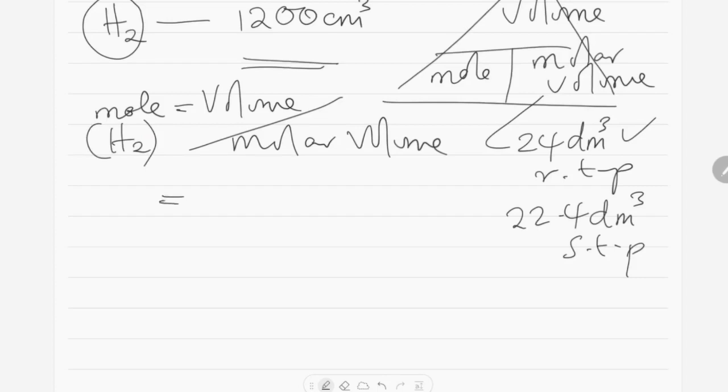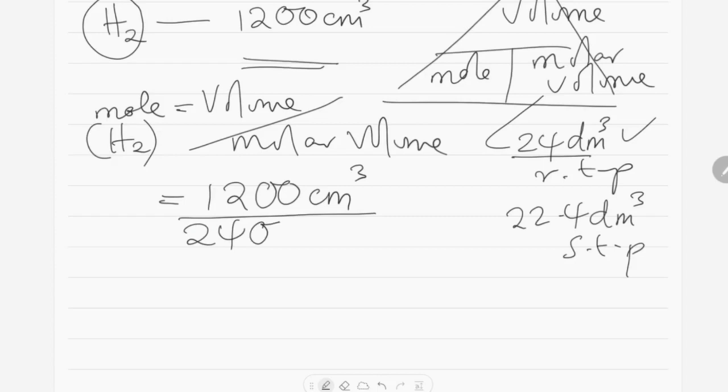So mole of hydrogen is equal to volume, which is 1,200 cubic centimeters, divided by, to simplify our work, we can convert this 24 cubic decimeter to cubic centimeters by multiplying by 1,000. So we're going to have 24 times 1,000, which is 24,000